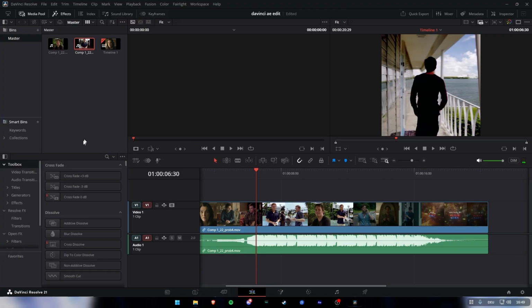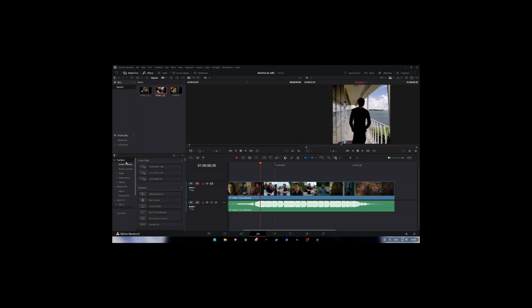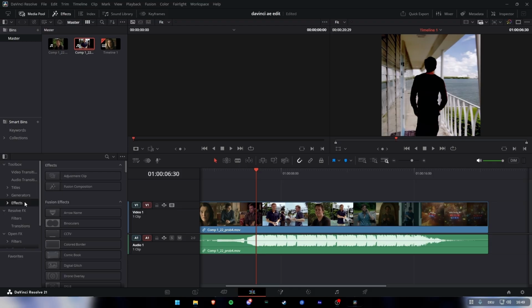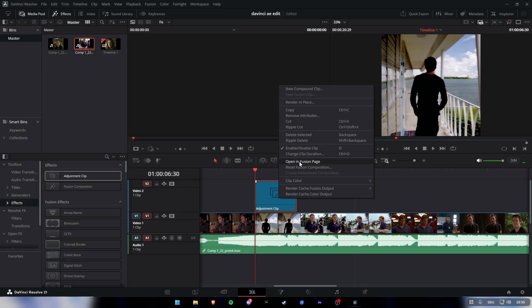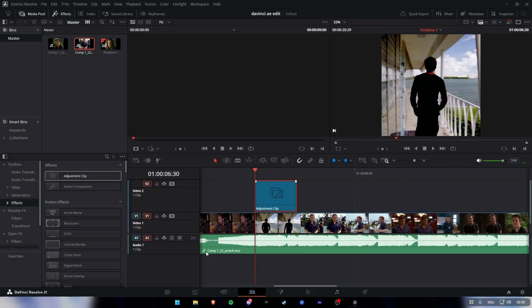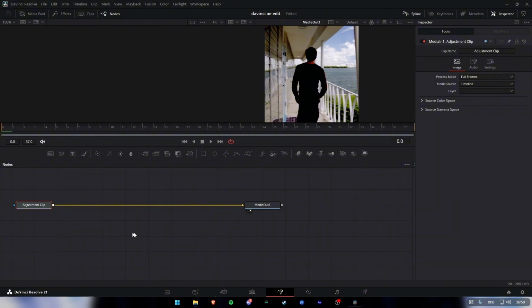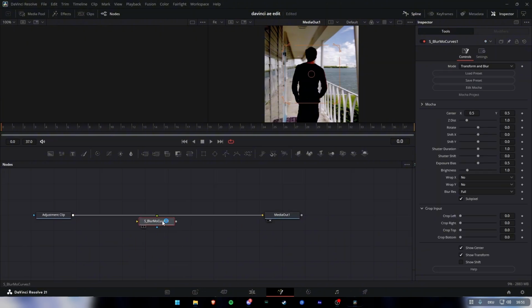But to get the effect, I need to go to effect, exactly, and then add an adjustment clip, just like in After Effects. Okay, so this is the adjustment clip, and to add effects to it, we need to go to the Fusion page. And now that we're in the Fusion page, I can add my effects here. And now we can add that